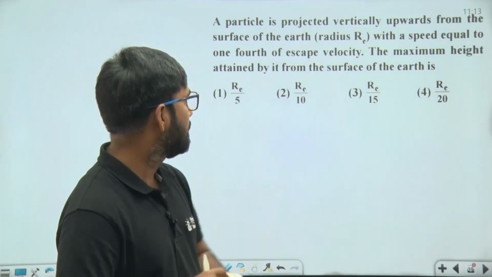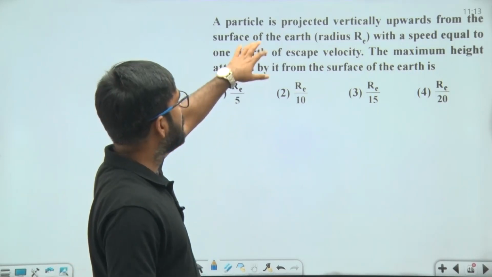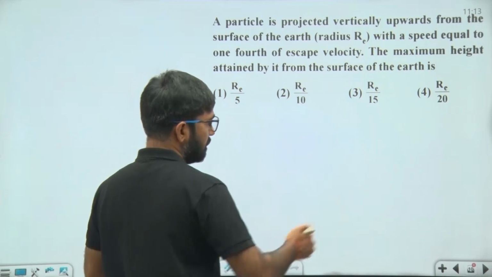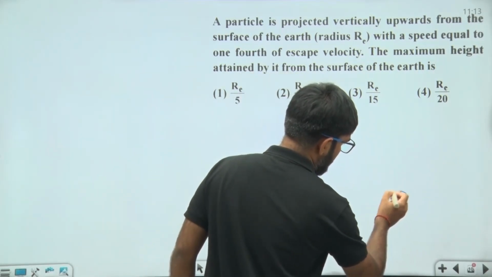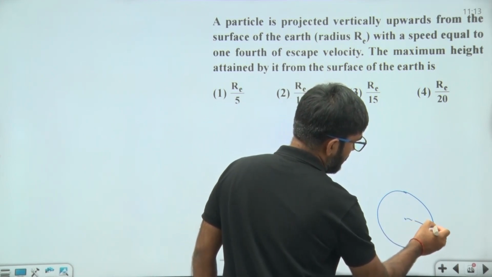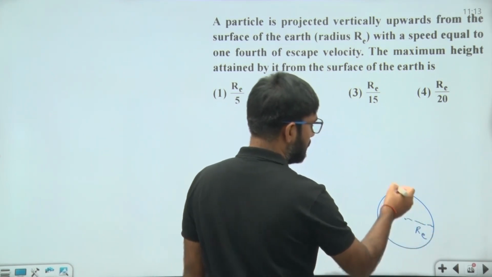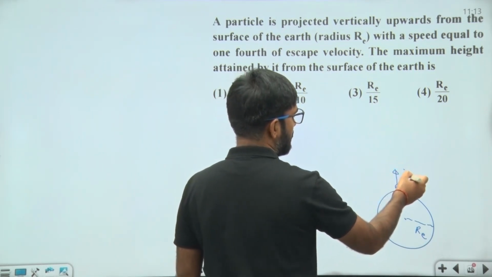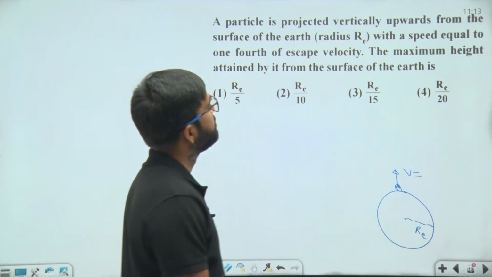My dear students, in this question it is given that a particle is projected vertically upwards from the surface of earth. Consider this is earth, here is the center of earth, and the radius of earth is given by RE. From the surface of earth a particle is projected with initial velocity v given by